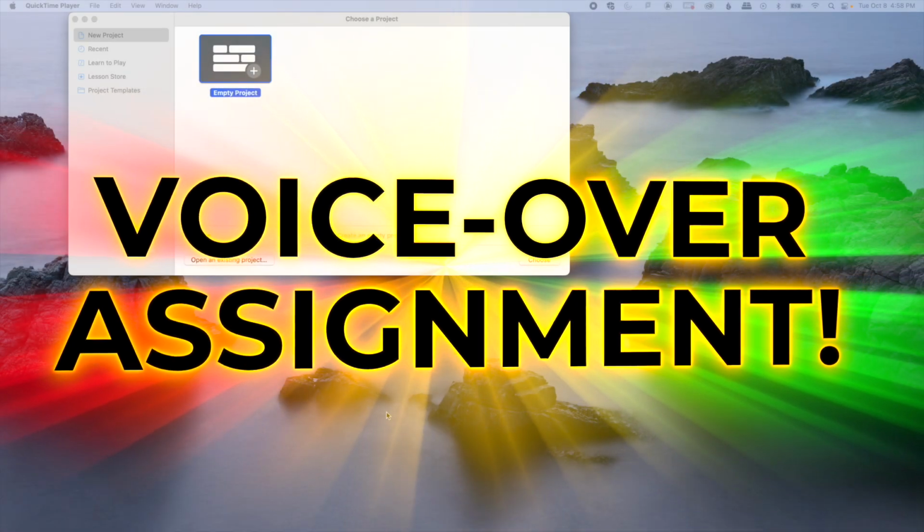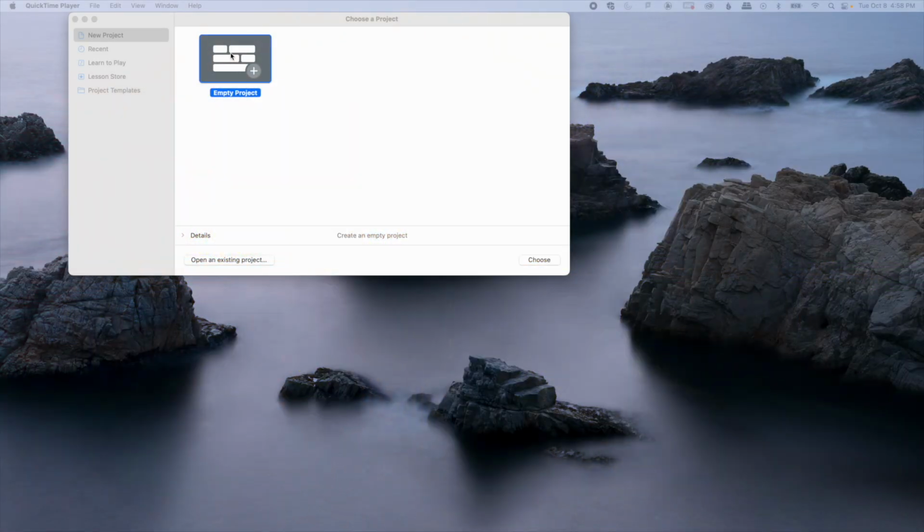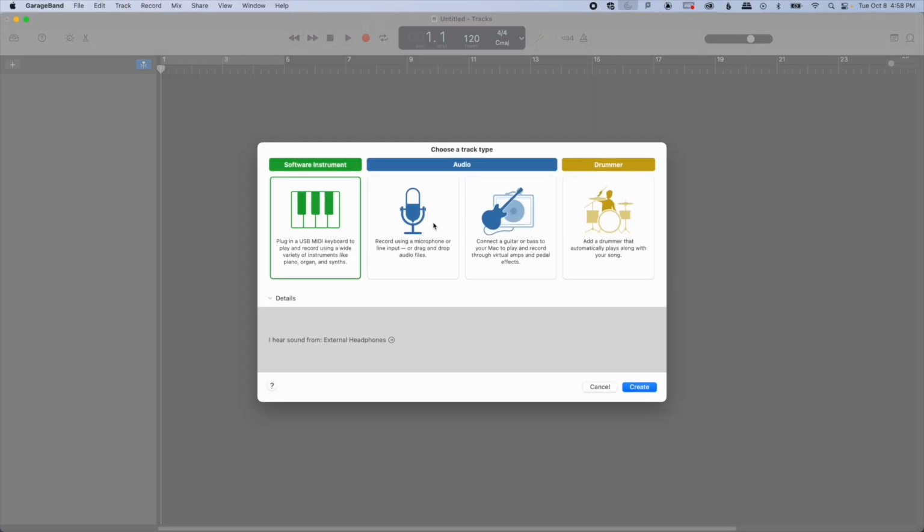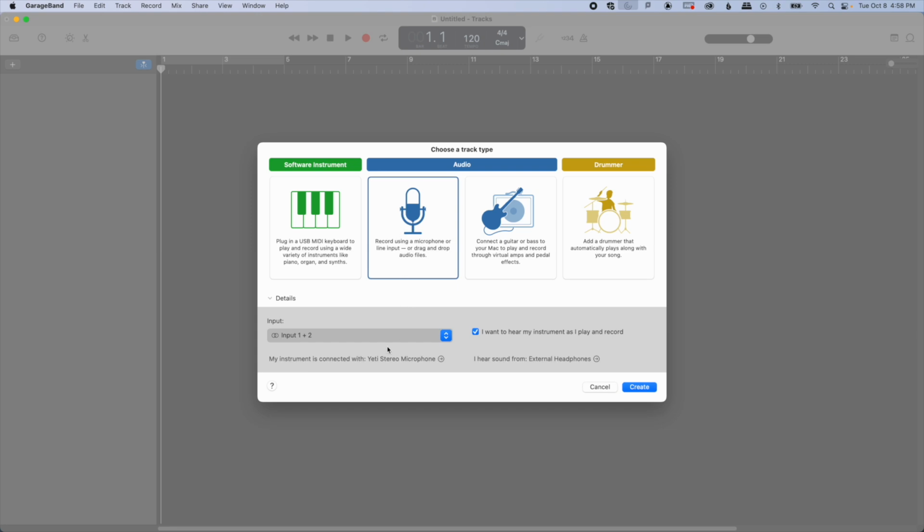Voiceover assignment. The first thing you want to do is create an empty project. When it asks you what kind of track you want, you're going to go for a microphone track. Make sure your input here is set to the Yeti stereo microphone, and make sure that you have I hear from external